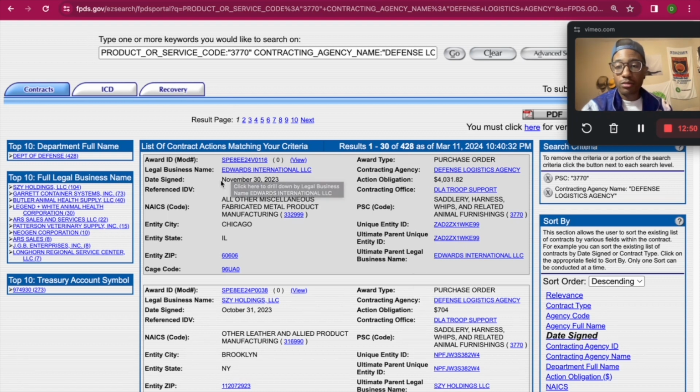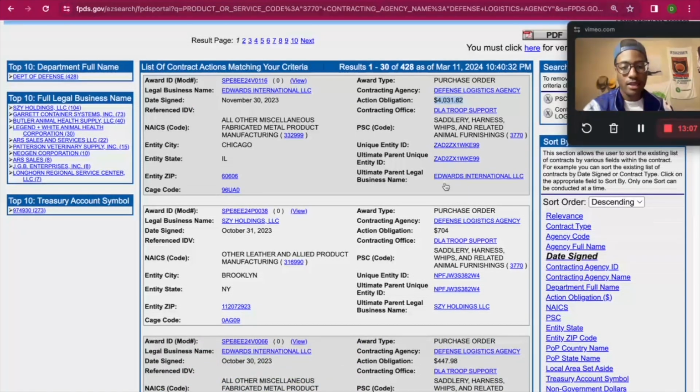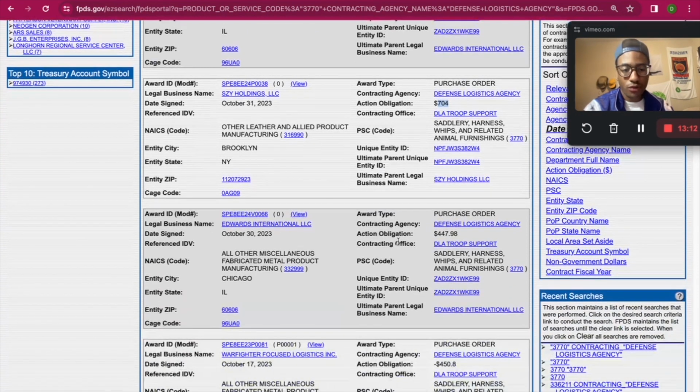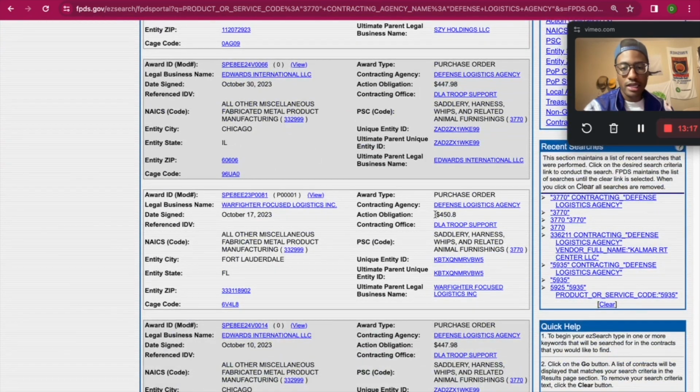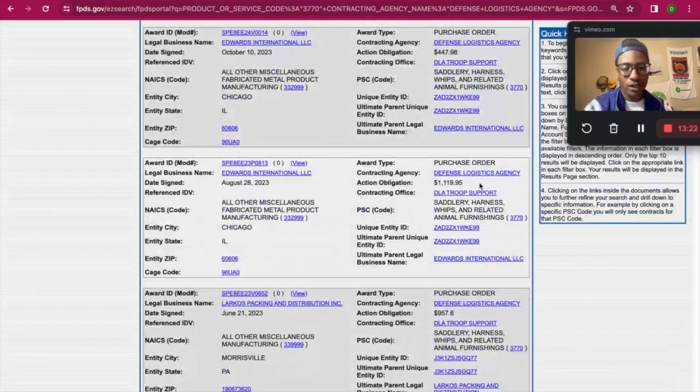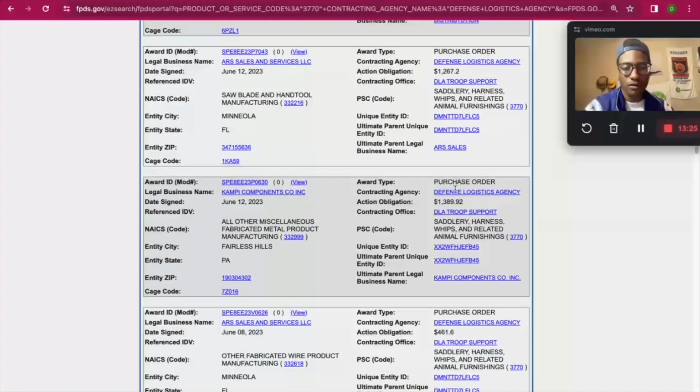So we see here the most recent transaction in FPDS, not the most recent transaction that DLA has done, but just what we see here in FPDS, was November 30th, 2023. So that's pretty recent, all things considered. And that was for pretty much $4,031. Then we've got another one, October 31st for $704, $447 on October 30th. And then we see a negative one. When it's negative, that means it was canceled. And then we've got one for $1,100, $957, $1,200,